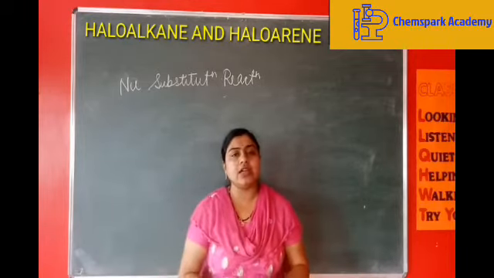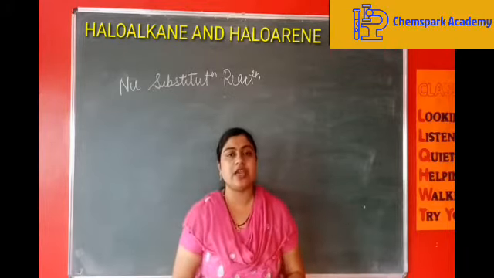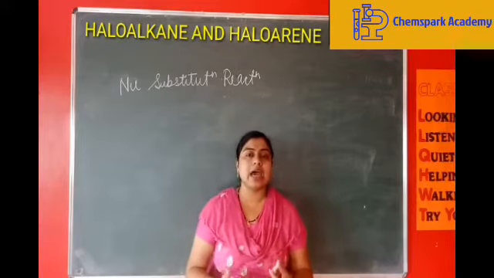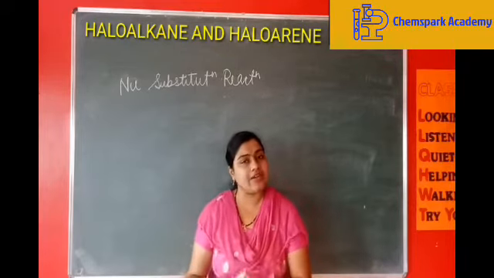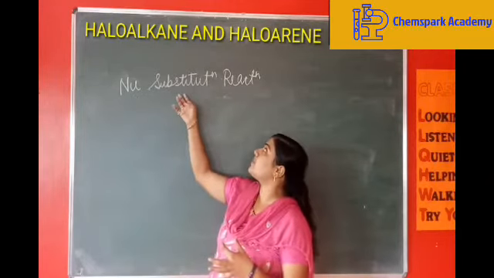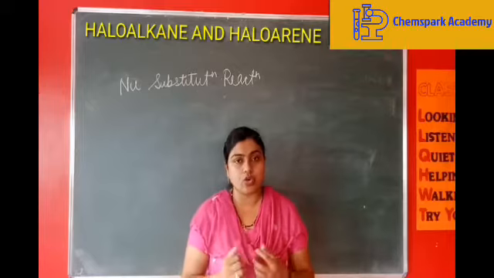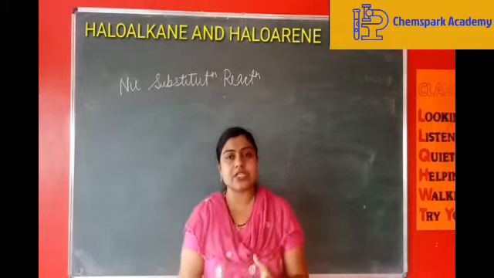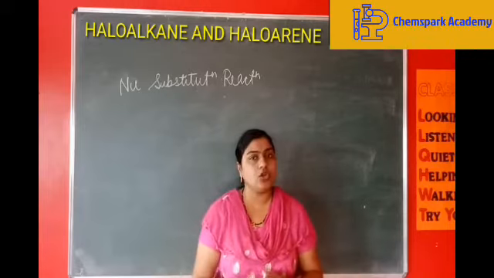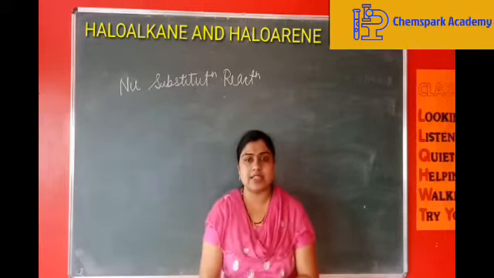The next category is the charged nucleophiles, where we can see O minus, then halogens, I minus, Br minus, Cl minus, F minus. In the nucleophilic substitution reaction, a strong nucleophile will substitute, that is, it will come in the place of a weaker nucleophile. So we need to know the nucleophiles in this.